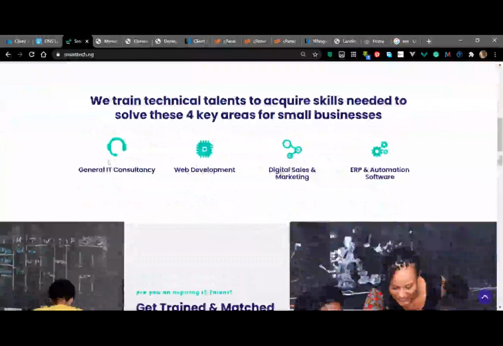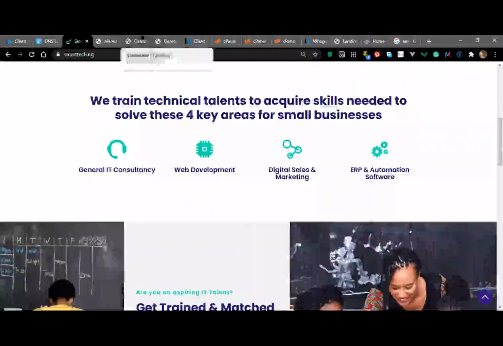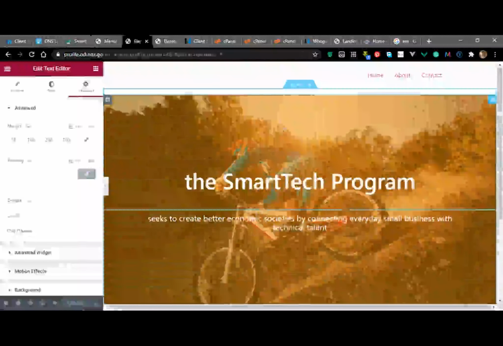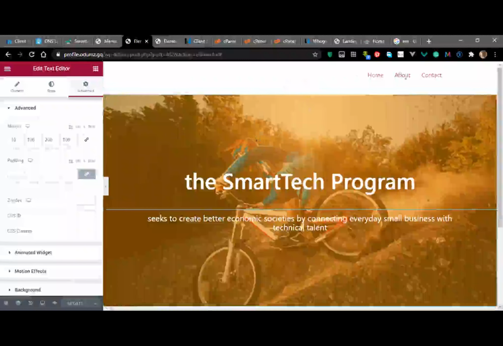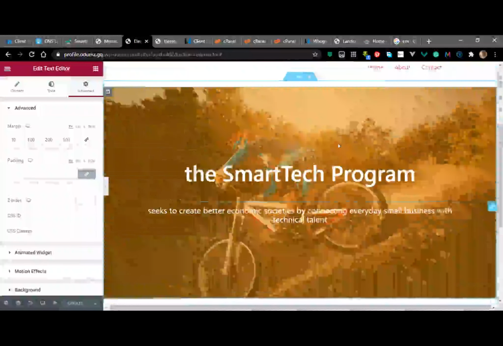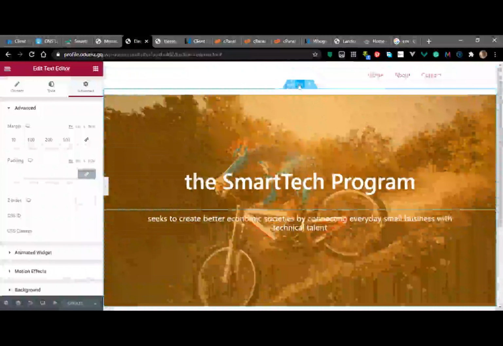So now we have this section. We train technical talents to acquire skills needed. Let's go and create that. So this is one section, like I said. In a case where you want to have a one-pager, like a website where I explained the one-pager earlier, where when you click on the menu, it just scrolls down, what you can do is this. You click on this,